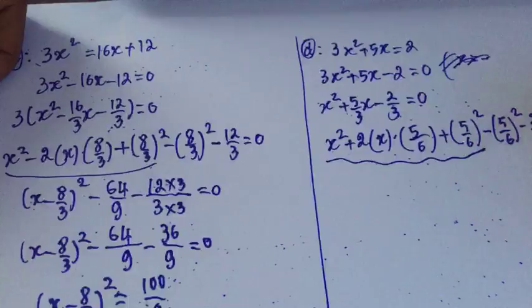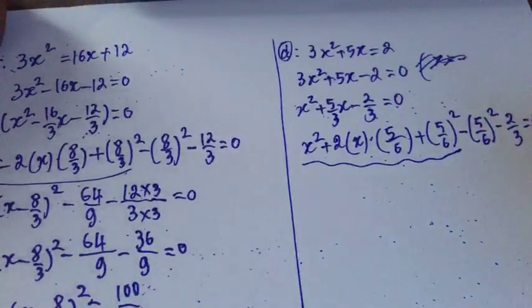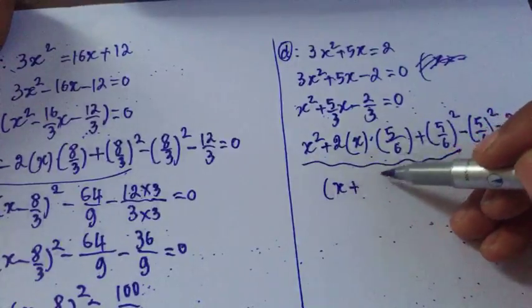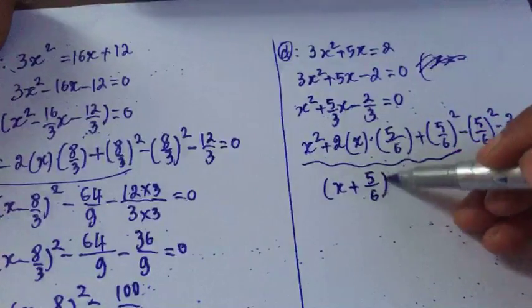Then this goes to the formula x plus 5 divided by 6 square